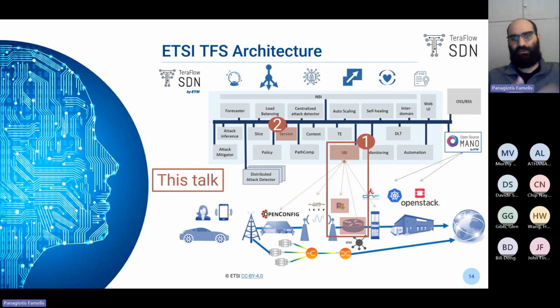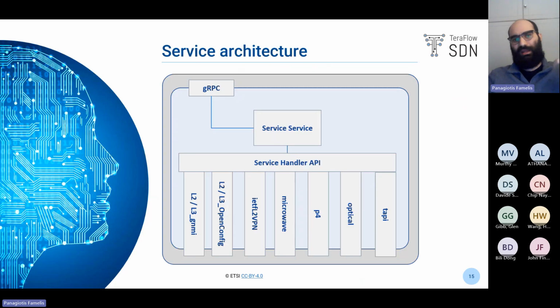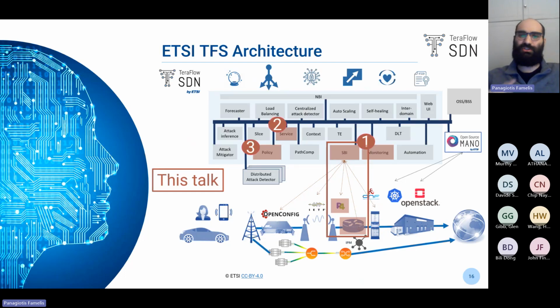We also have the service, and on the service, I'm going to explain a little bit more what exactly we mean by service and how it serves us. But here, we follow the same approach. We have this service that communicates through gRPC with the other components. And we have different service handlers. So we have layer 2 and layer 3 for gNMI, for OpenConfig, IETF layer 2 VPN, microwave data links, optical TAPI, etc. And finally, we have these two more components: monitoring and policy. This is the core that I'm going to touch in this presentation. And basically,